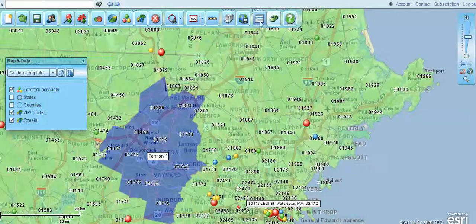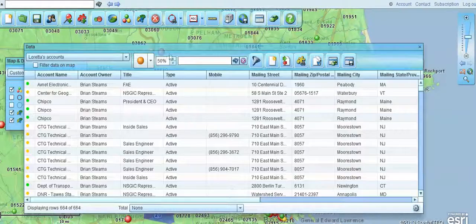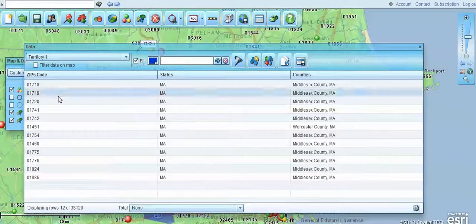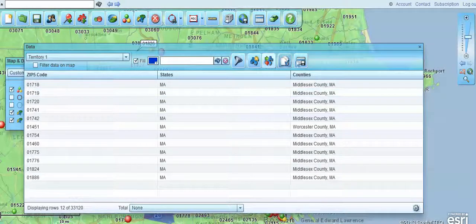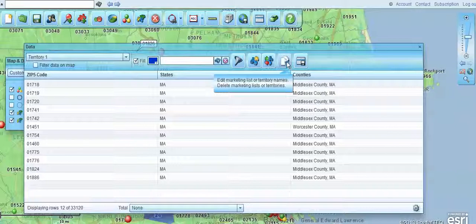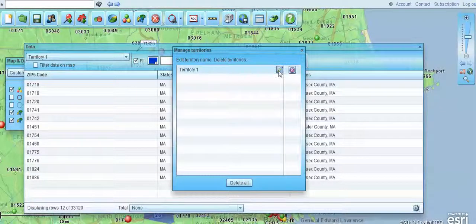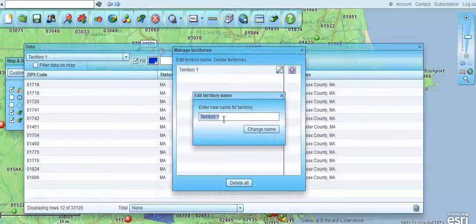Another question we get sometimes is, how do I edit the name of a territory? Let's say I want to assign that territory to a specific person as opposed to just calling it a label like Territory 1. We can go in to any of these territories and work with that data. Up here on the data window there's a double sheet with a check mark, and if I click that, there's a Manage Territory button. And so I can go in to that territory name and change it to